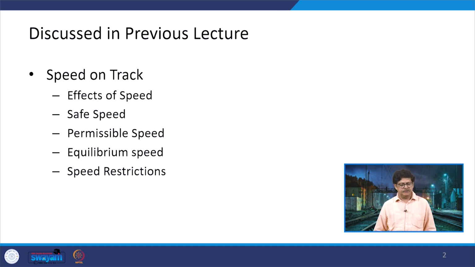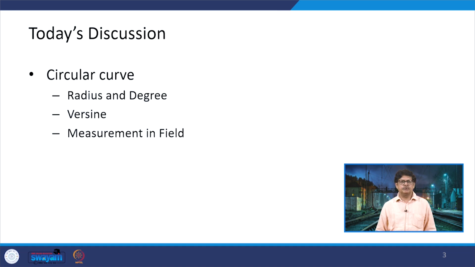While discussing the speed, we talked about the dynamic effects of the speed, and then the various definitions related to the speed, and finally the computations for the safe speed on the track, the permissible speed and the equilibrium speed. And then towards the end we talked about the speed restrictions. Now talking about today's lecture,